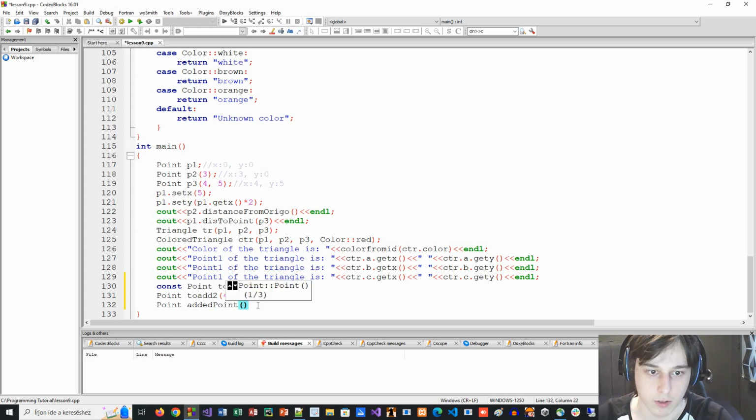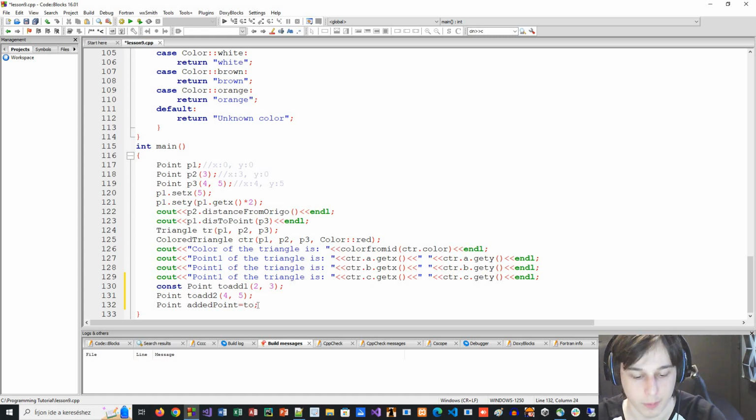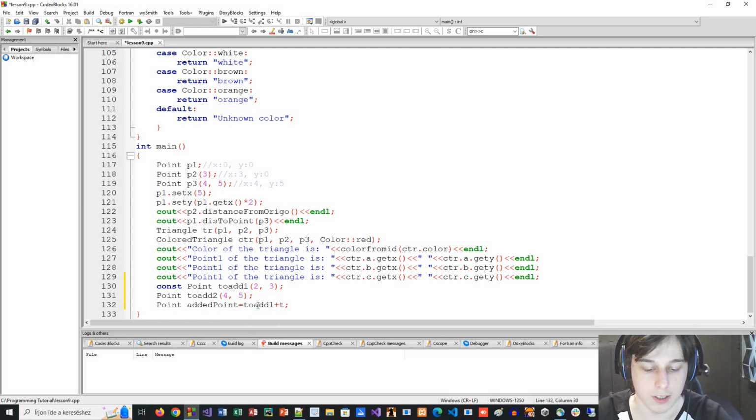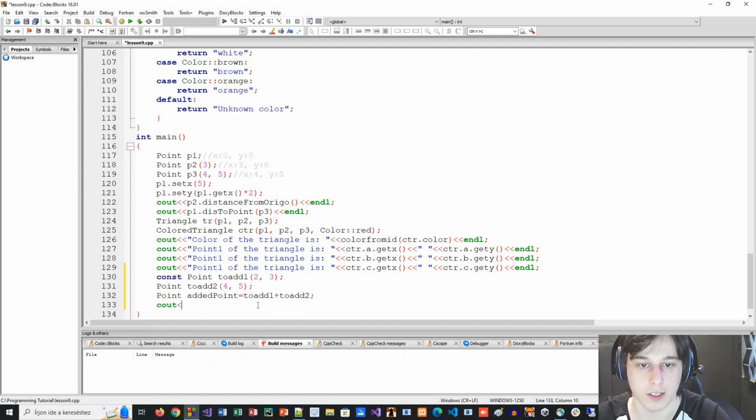That's when we add together these, and then instead of a constructor, we let it have a default, but we will also assign the value of the added points. So to add 1, and now we can use this plus operator because we just overloaded it, and to add 2, and then let's go ahead and output